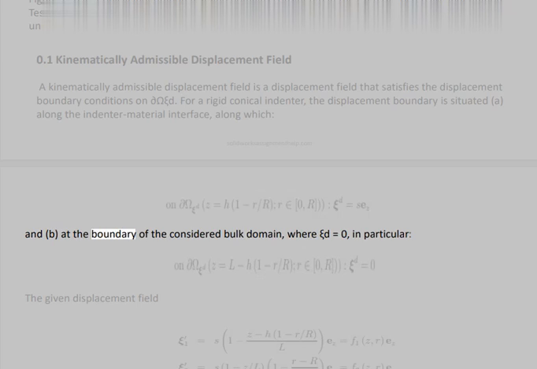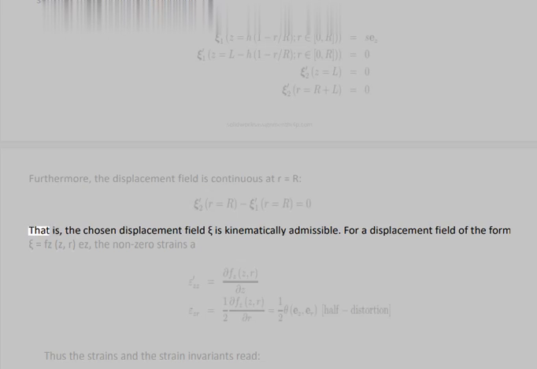and b. at the boundary of the considered bulk domain, where z equals 0, in particular. The given displacement field satisfies these boundary conditions. Furthermore, the displacement field is continuous at r equals R, that is, the chosen displacement field psi is kinematically admissible. For a displacement field of the form psi equals F(z) e_z, the non-zero strains are